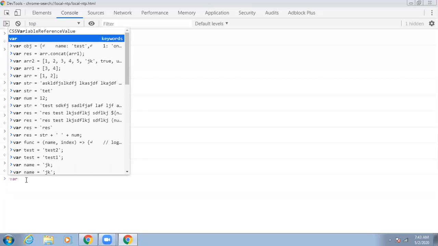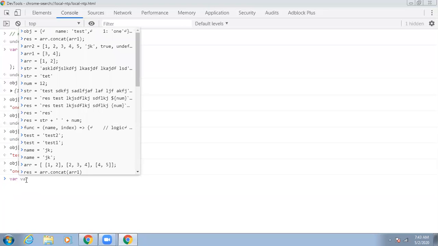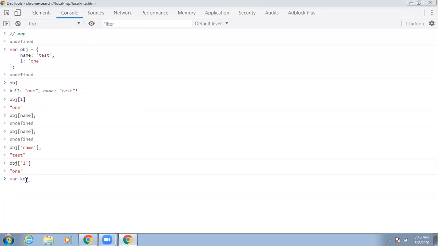Let me create an object, and let's say this name is key obj. And this name is key obj2. I have declared two objects here.